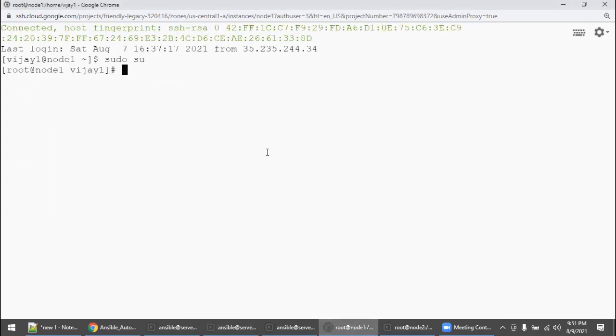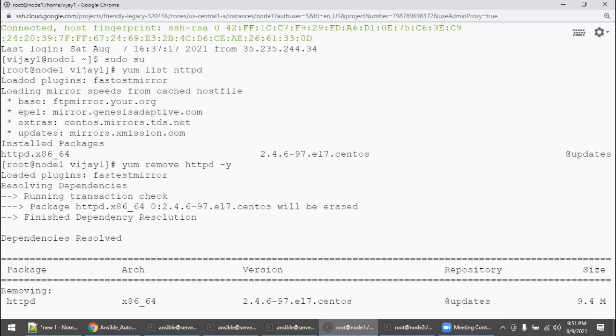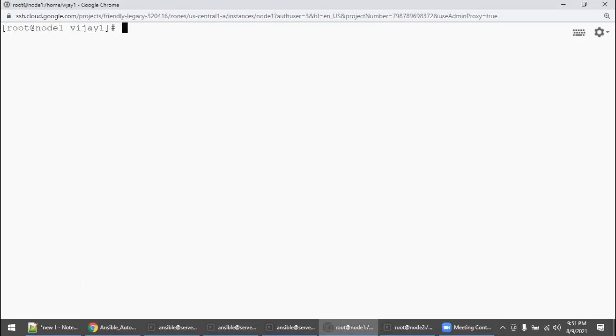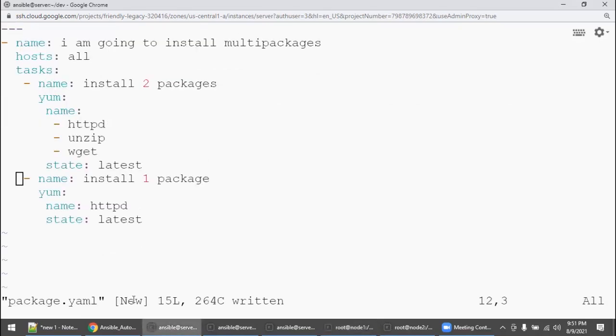Go to node 1. The reason why I asked you to go with root login: yum list, right? HTTPD. So it's installed. So better you remove it, so that you know it got installed only from your playbook execution, right? So I'm removing it. Now you do a list. So it's not installed. What is the other package?